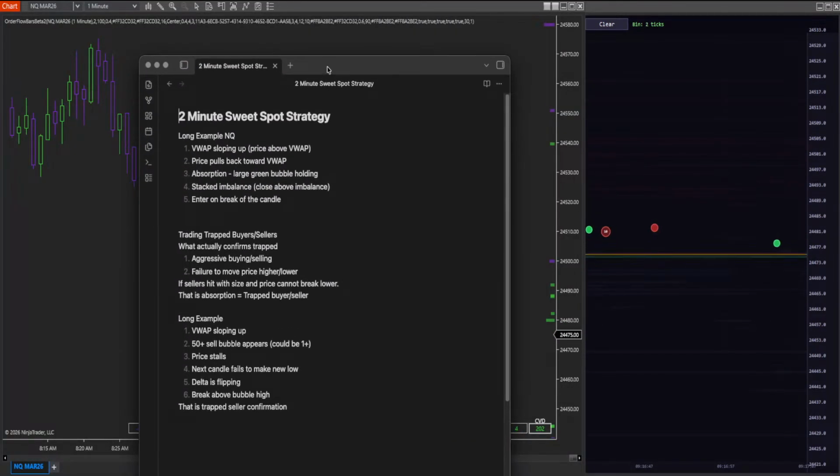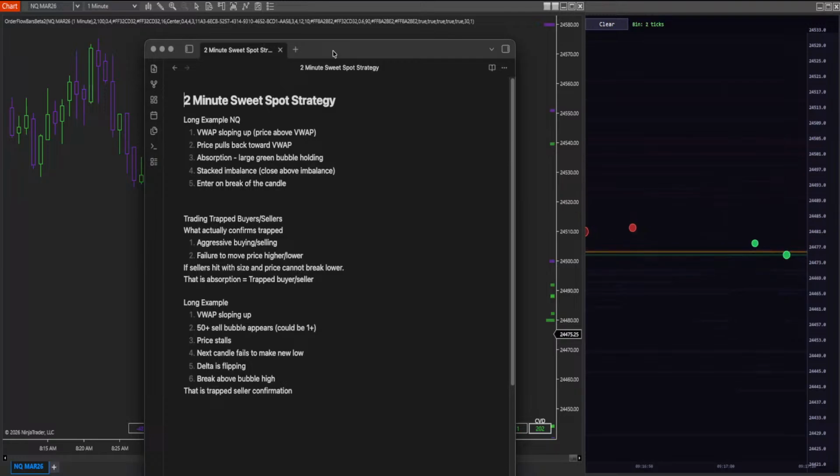But this right here, this is a trading strategy. What you can do is screenshot this. This is a trading strategy, 2 minute sweet spot strategy. You can also do this for like a 1 minute. Like a long example for the NQ, VWAP is sloping up. Price pulls back to the VWAP. You have absorption. Large green bubble is holding, and then you might have a stacked imbalance close above the